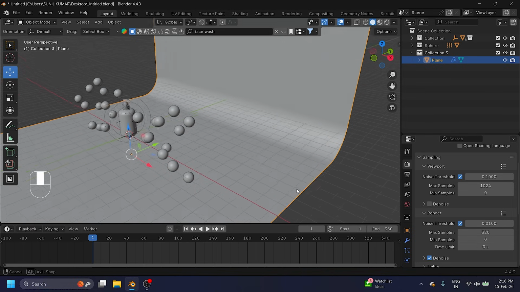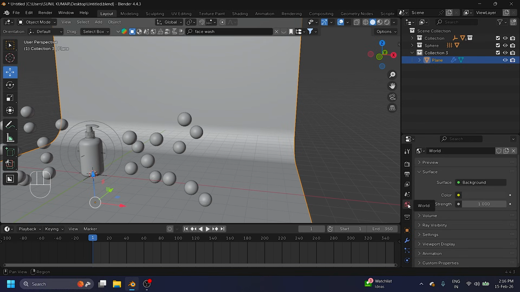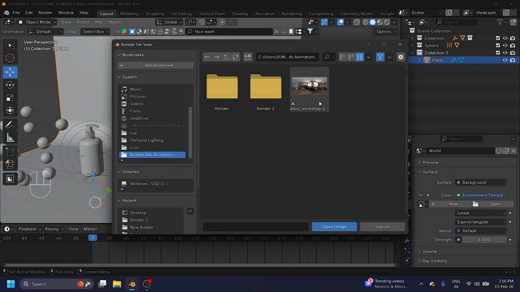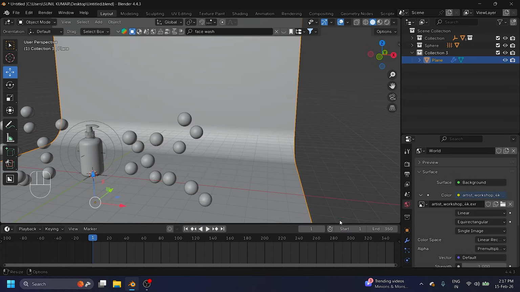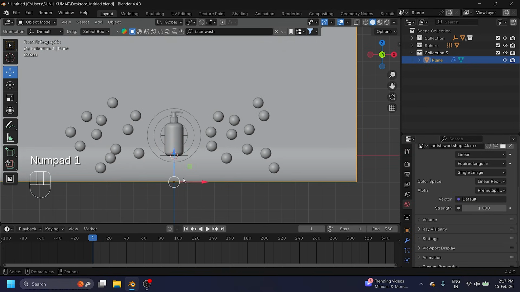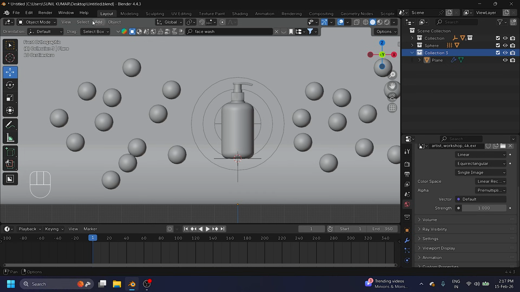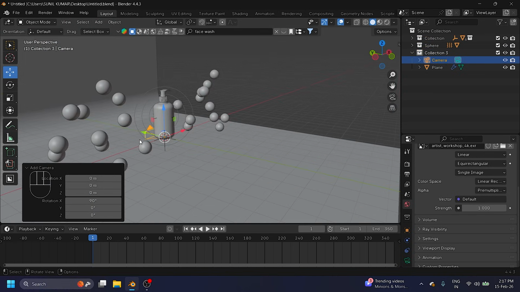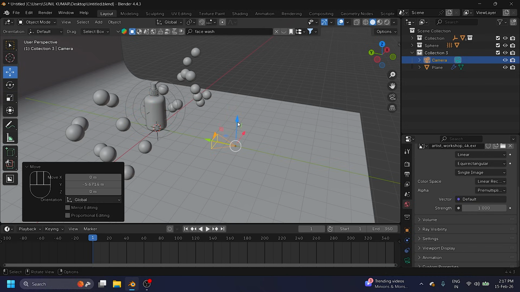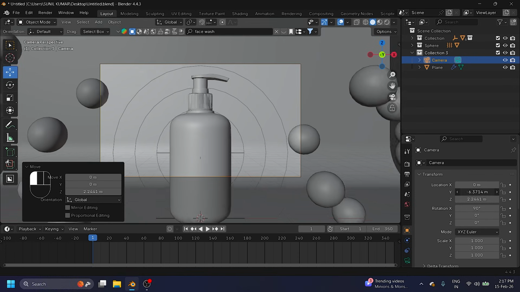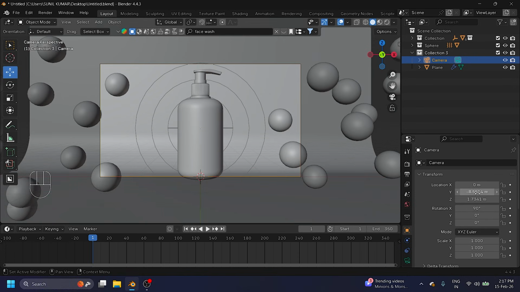Yes, perfect. So guys, I change render settings, Cycles, device GPU, check, and samples like 320. And guys, now I apply an HDRI image for lighting. So go here and go to environment texture. This one, this is my HDRI image. I downloaded it from Polyhaven, and strength 1 is good. So guys, you can take a camera, select, and camera, check, and guys go back. So up, press 0. Yes, guys, you can set your camera angle. So a little bit back and down and more.